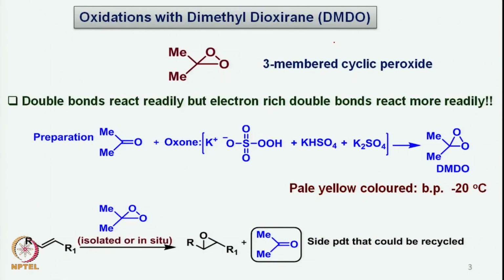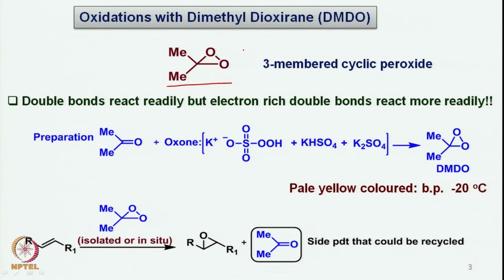We start now with oxidations of a different kind, which is oxidations with dimethyl dioxirane. As you can see the name, dimethyl dioxirane. So, this is the structure of the dimethyl dioxirane. It is a 3-membered cyclic peroxide. As you can see, there is a peroxide bond, and since it is a